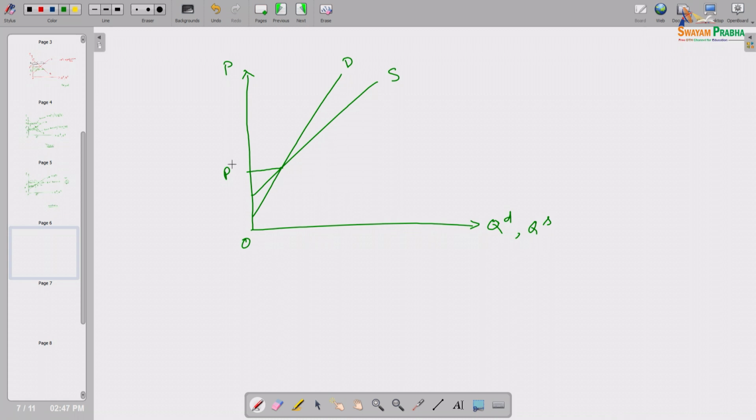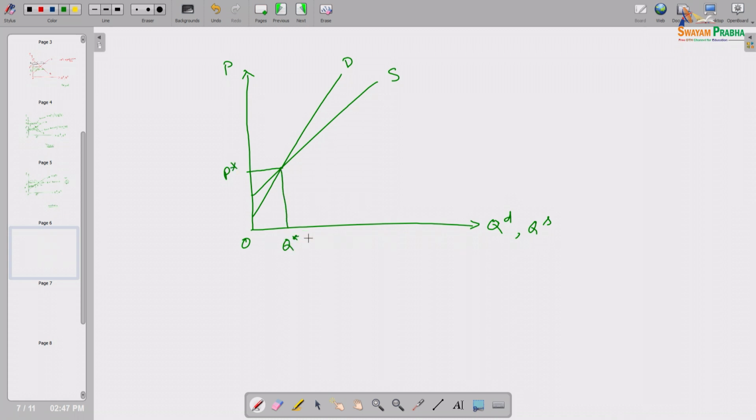In which sense it is unstable, you understand. Let me repeat again: if you detach from the equilibrium, automatic market force will not help you come back to the equilibrium again, rather it will make you further and further away from the equilibrium. Now the other case: yes, the demand curve is upward sloping, but the demand curve is steeper than the supply curve. So this will be the equilibrium. In this particular case, this will be the equilibrium price, say OP star,